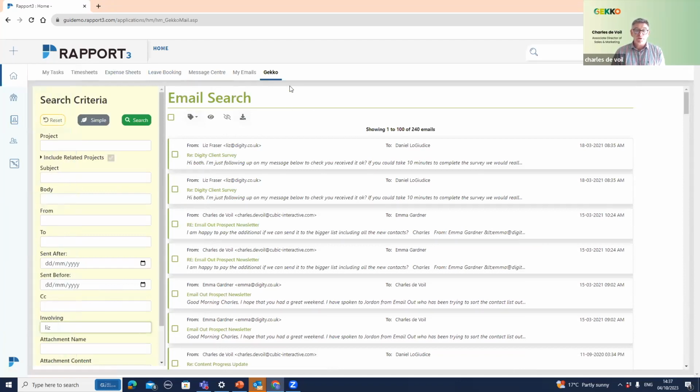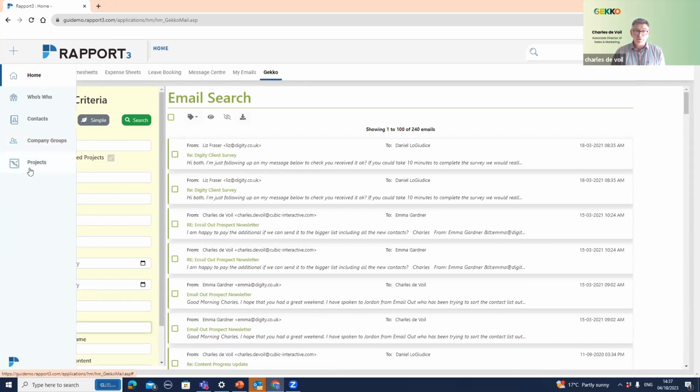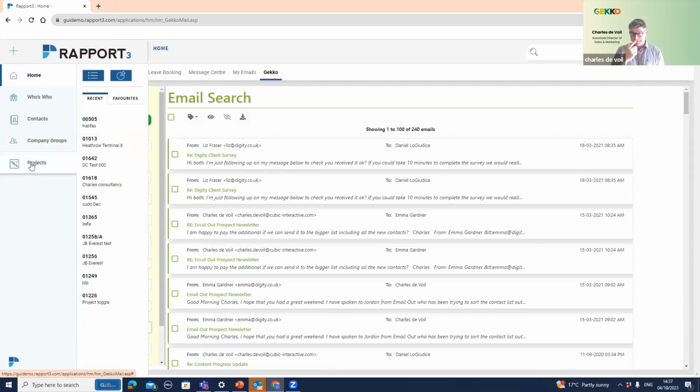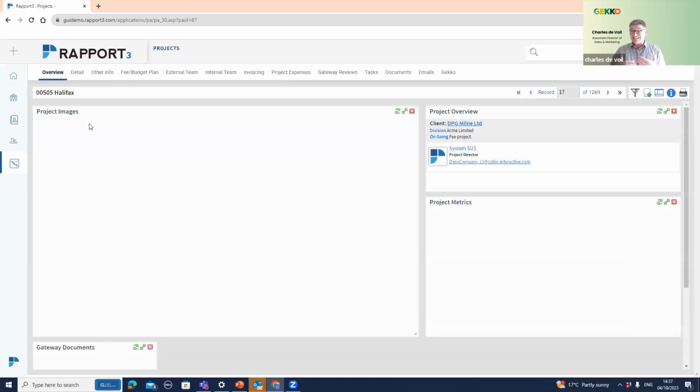Gekko is also going to be working in a couple of other areas in Rapport3. So probably more importantly is projects. And Dominic was sharing the Halifax project earlier, and that just happens to be one of the recent projects that I've been working on. So if I click on my recents and Halifax, then inside of